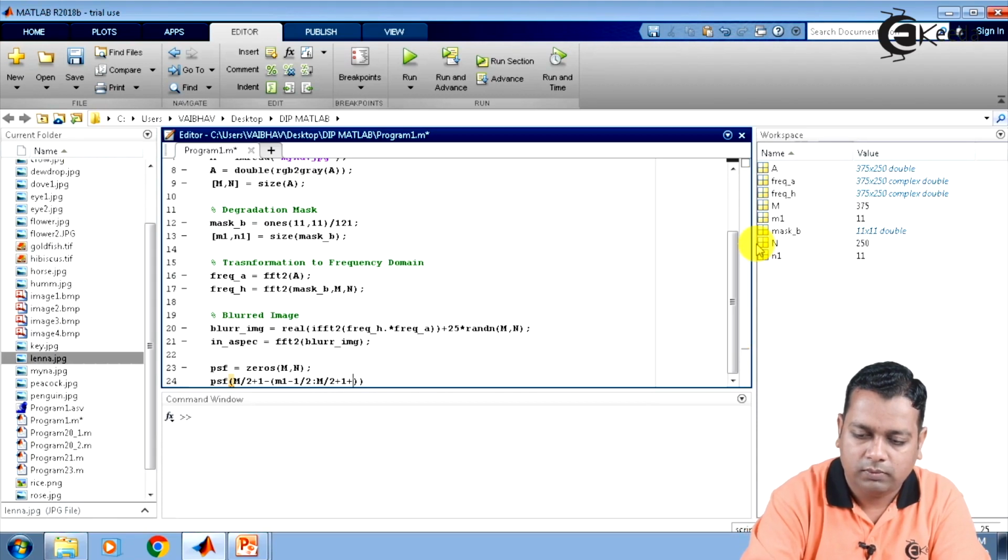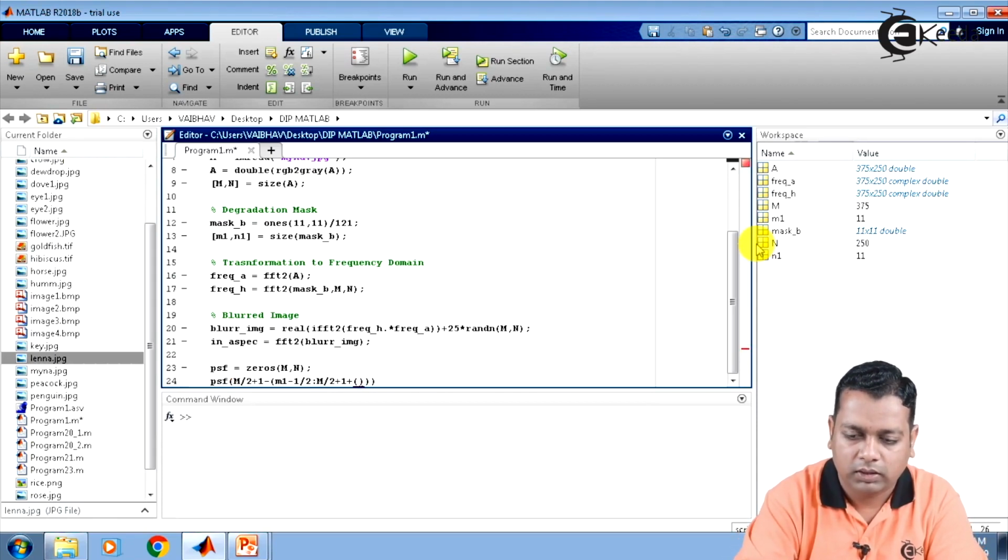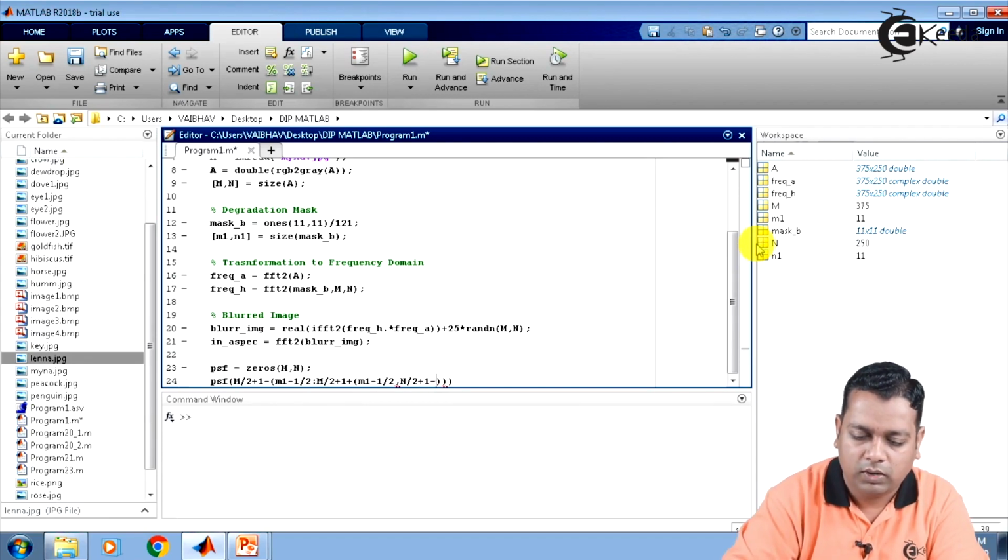again added with, in the bracket, m1 minus 1 divided by 2. Now we have capital N divided by 2, another variable dimension, added with 1, minus, in the bracket, n1 minus 1 divided by 2, and it is ranging up to capital N divided by 2, added with 1, again added with n1 minus 1, and this is again divided by 2.